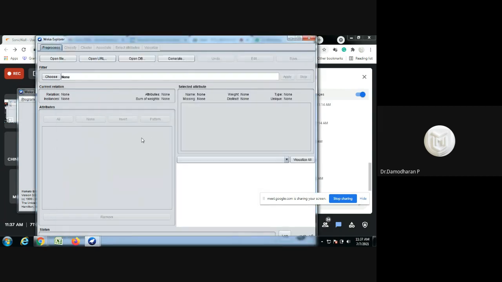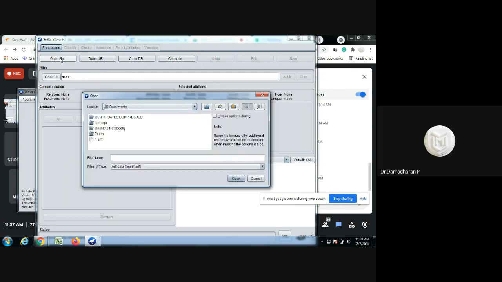Now we want to open the data set. We can come back to the Weka tool and click this open file. I'm going to search for the data which is stored inside the folder called downloads.